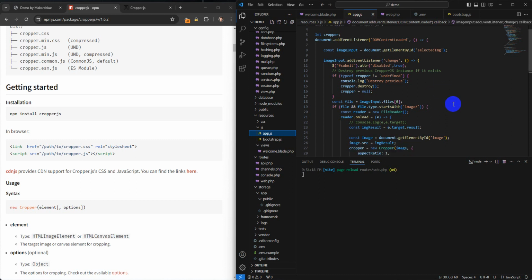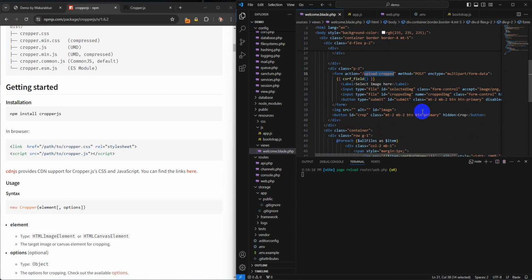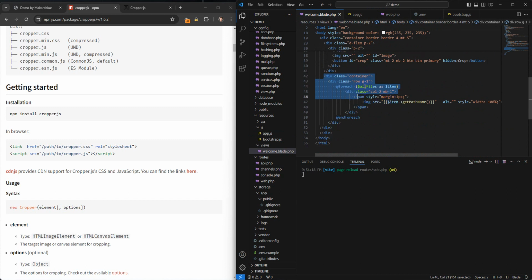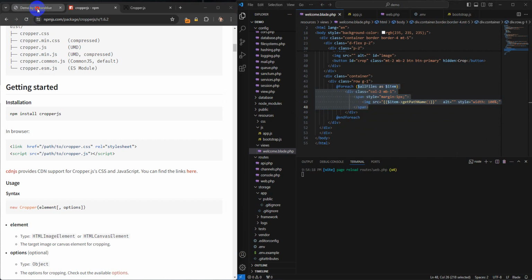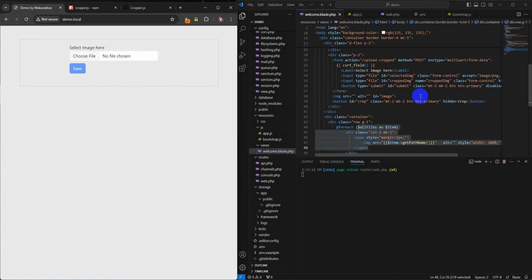So first, let's go back to the welcome page, and what is more, this will list the uploaded files and display them here, and we don't have it yet. And okay, I forgot to explain this one,